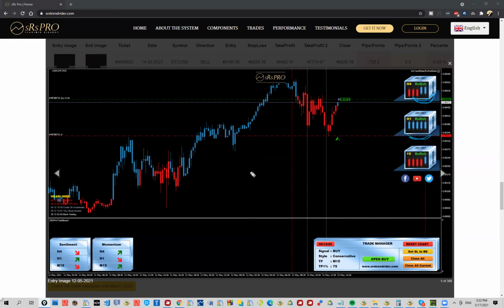1-hour chart definitely pushing upwards already. I would say the sentiment and the momentum are a bit mixed. It could have been a bit better, but overall, we're looking at a bullish trend here, right? The price is making highs, etc., and we have predominantly blue color on the line when it comes to the candles.